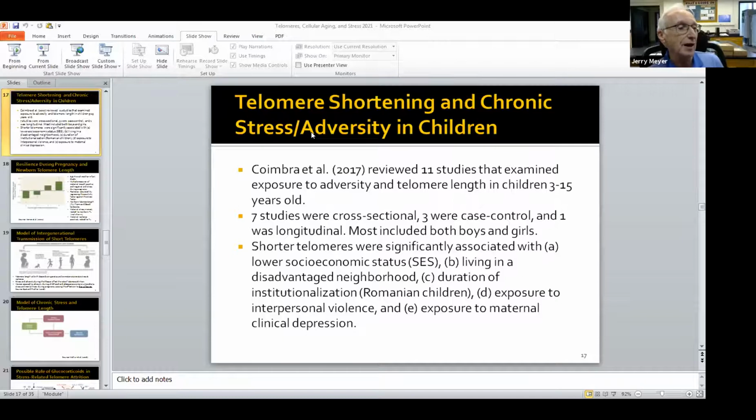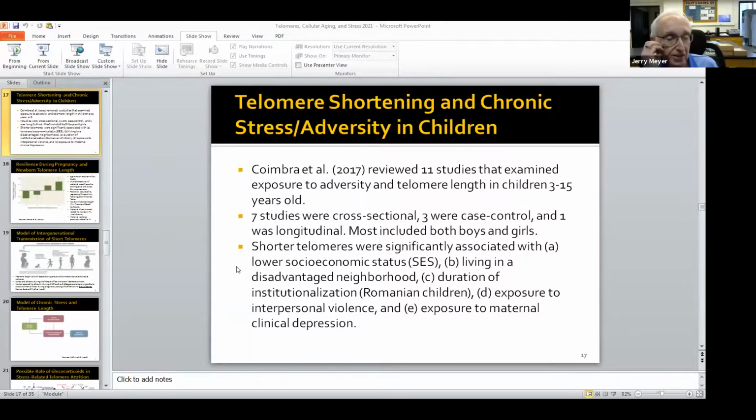Okay, so let's continue on with this theme of chronic stress or adversity relatively early in life. Another review, in this case by Coimbra and others, covered 11 studies that examined exposure to adversity as well as measuring telomere length in children. See the age range and the different kinds of approaches. What was interesting in this review was that shorter telomeres were associated with lower SES, living in a disadvantaged neighborhood,